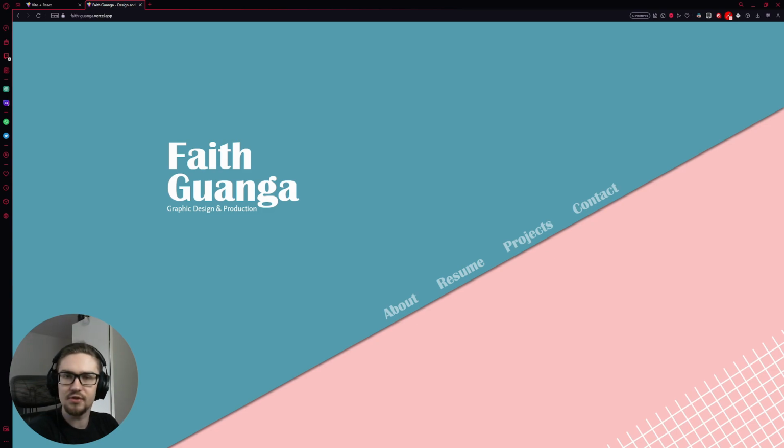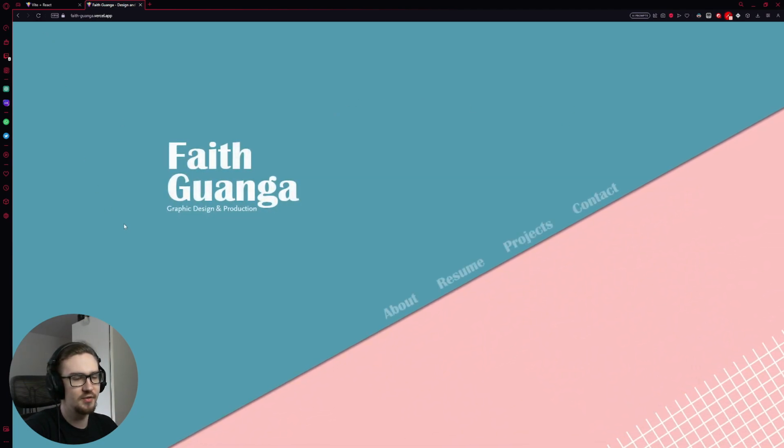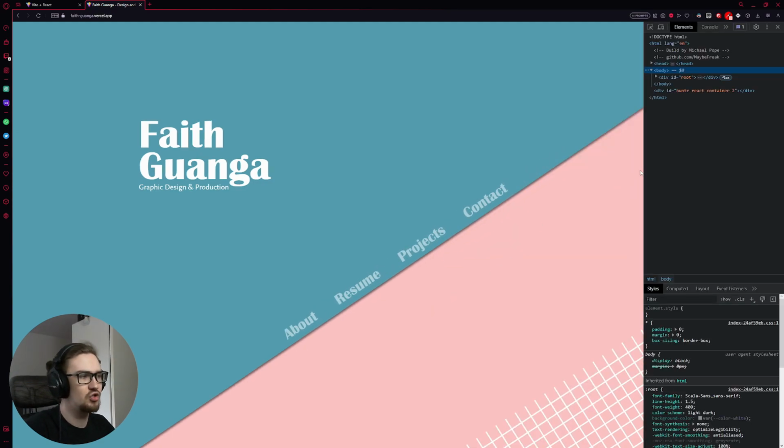I just wanted to stop in real quick and make a video showcasing a bit more of an unconventional Navbar that I created the other day while working on a tutorial for a friend of mine. You can see it right here. Below the page, the page gets split into two different colors, and we have a nice Navbar that follows its slope, and I made sure to make it